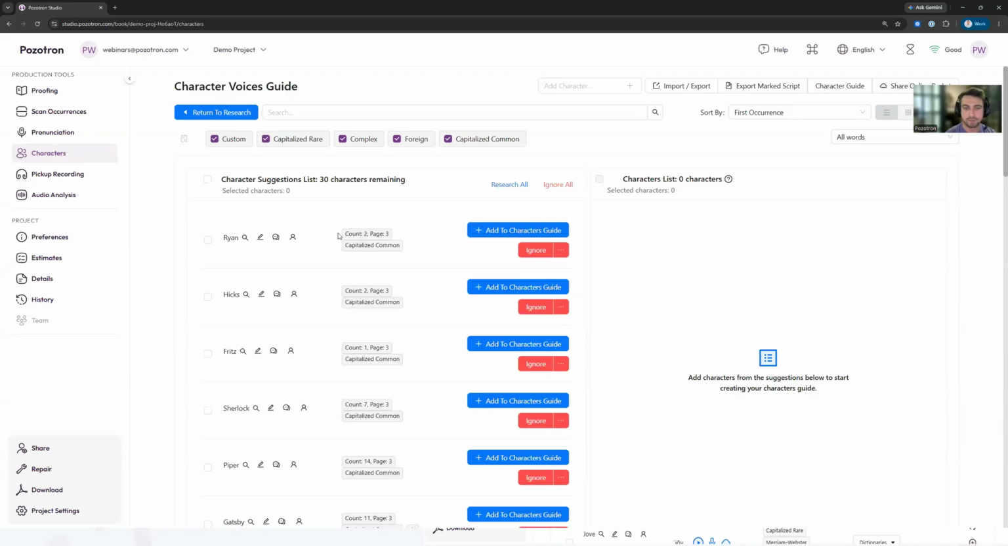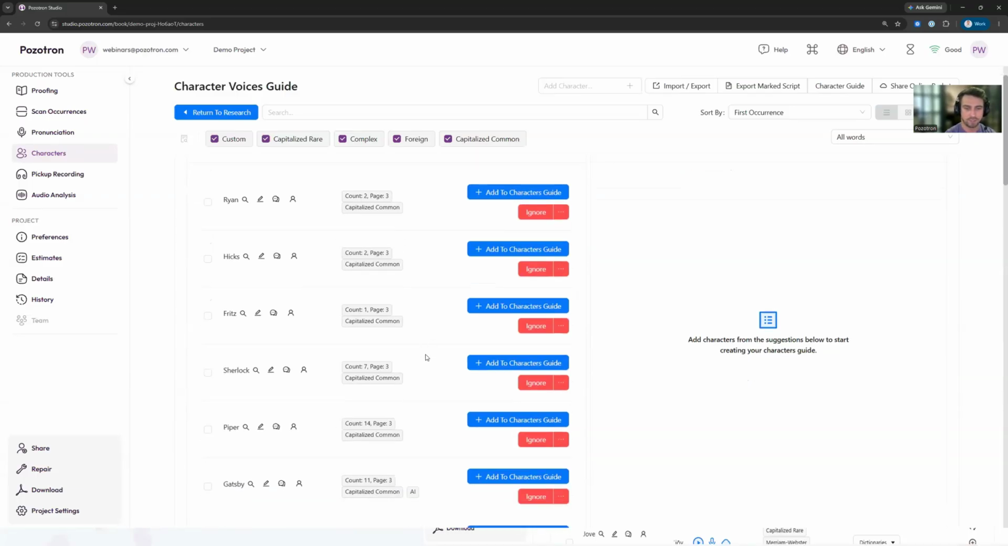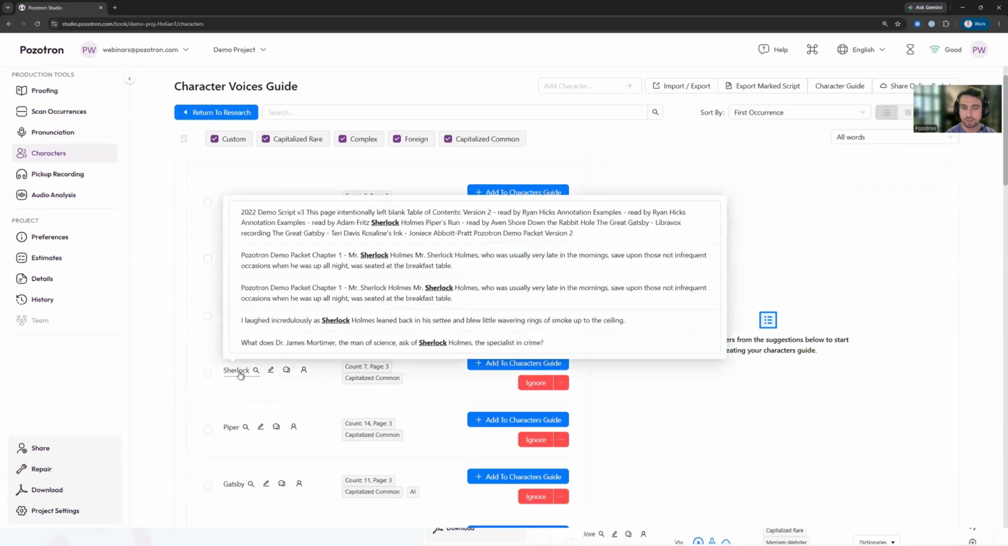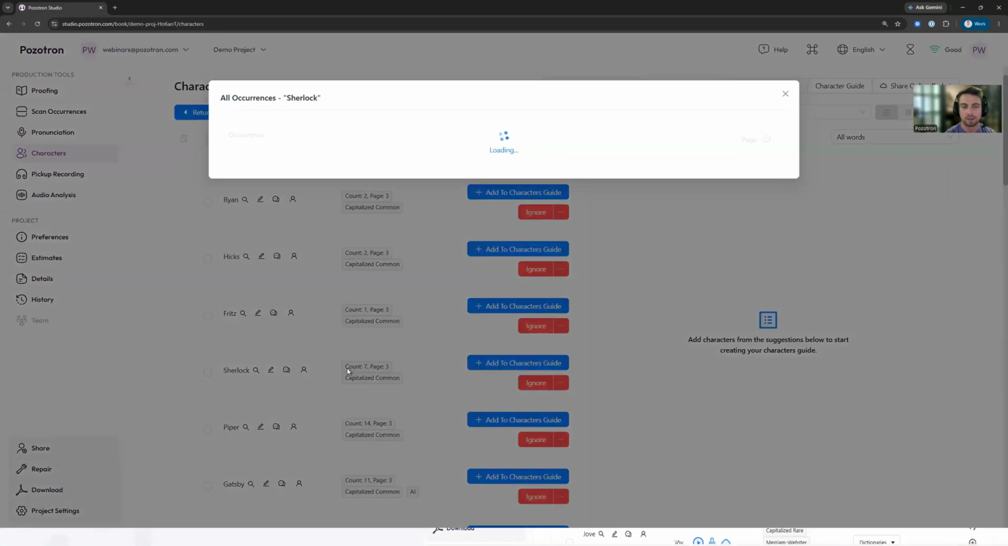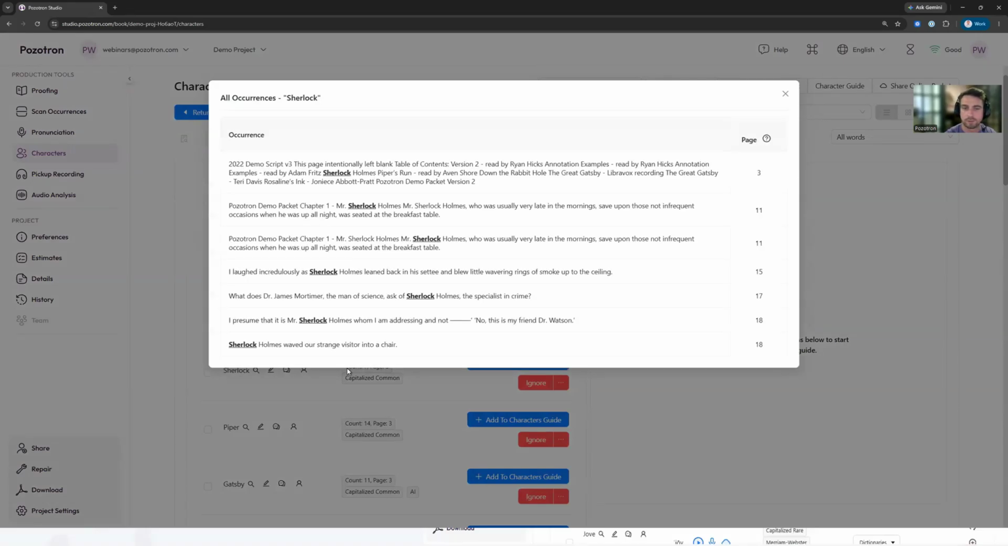And the count feature is a lot more useful, I think, for the character guide, because what this allows me to do is see all the different names and potential characters that Positron found. You can hover over them to see where they're mentioned and how they're referred to, up to 5 instances just here. But by clicking the count button, I'll actually be able to see every occurrence of this character throughout the